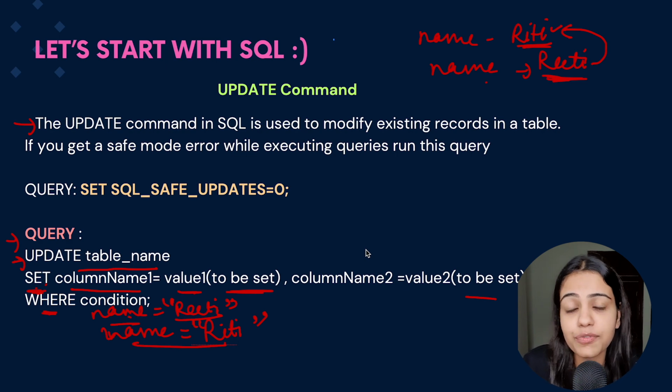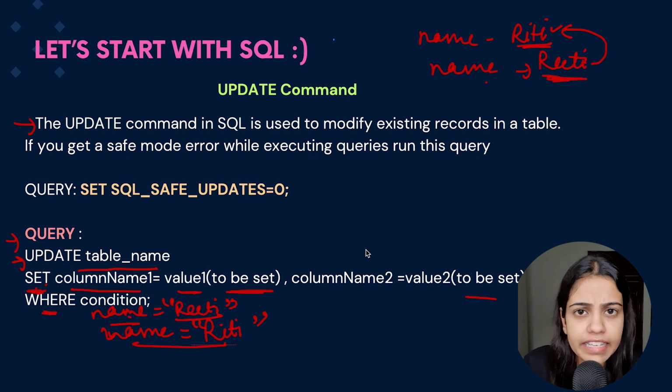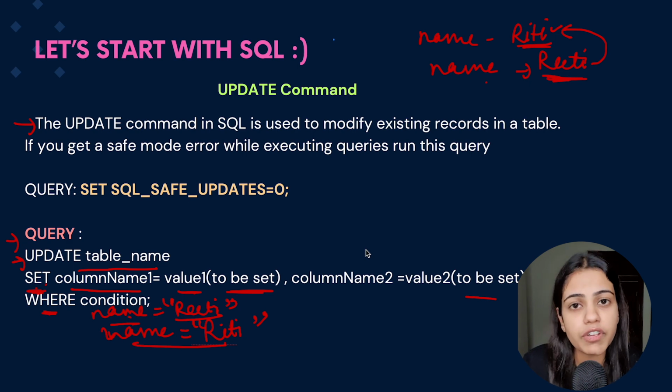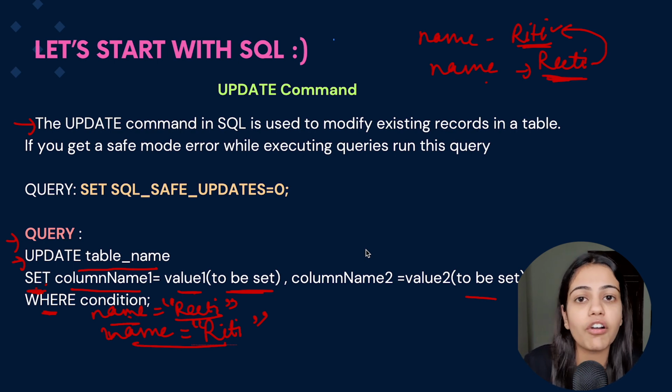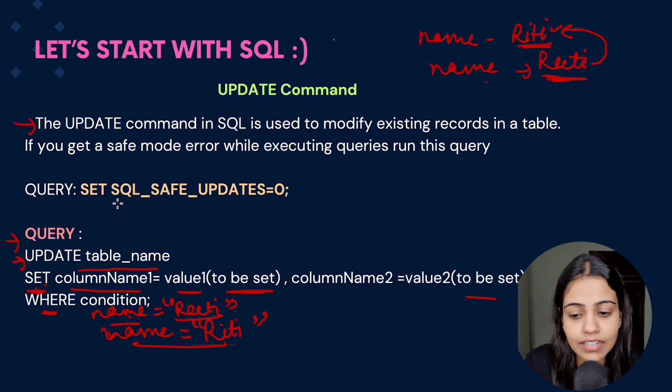because there might be some APIs which would be depending on the data present in the database. So whenever we are updating or deleting any values, we have to make sure that we are turning off the safe mode, which means we are telling it, okay, I know that I am updating the value, I know I am deleting the value, please turn off the safe mode. So for that we will execute this query, that is set SQL_SAFE_UPDATES equal to 0.